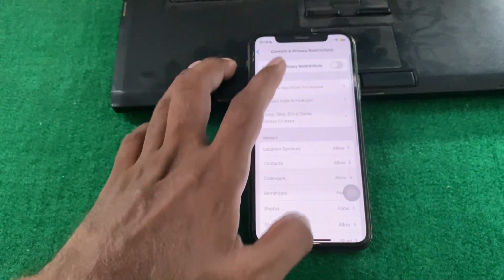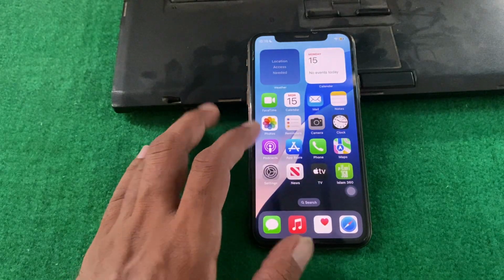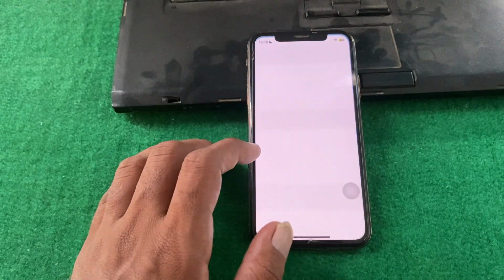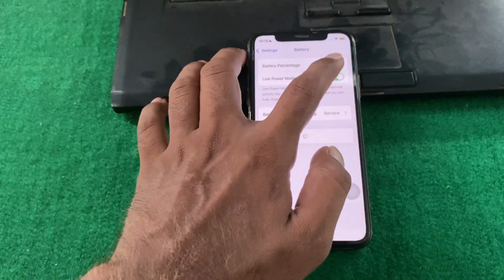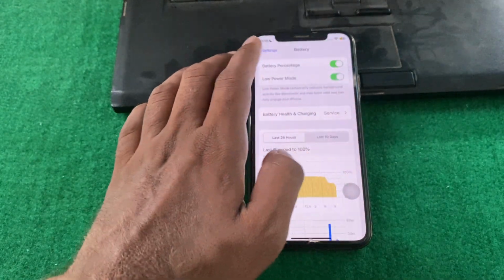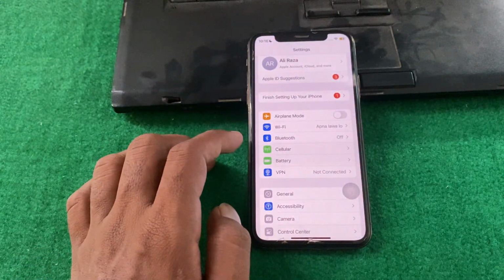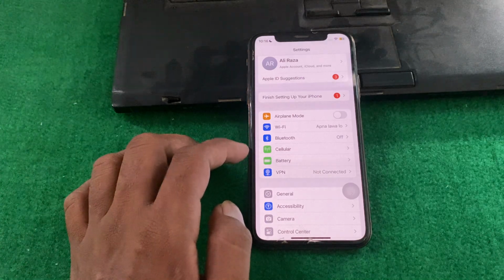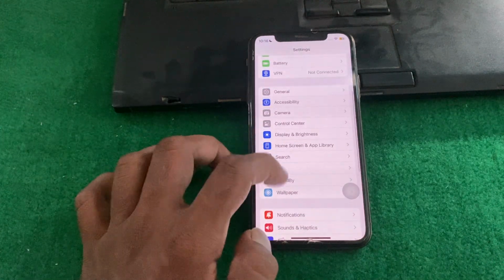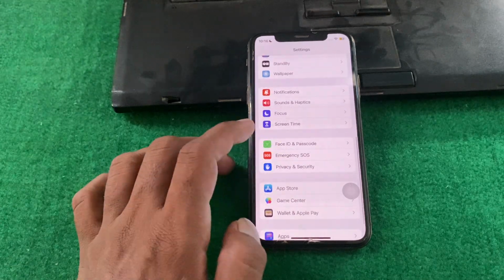After that, simply turn off your restrictions, and then open Settings again and make sure that Low Power Mode is disabled. If it is enabled, simply disable it, and after that check if the problem is fixed or not. And if the problem is still there, then you have to turn on